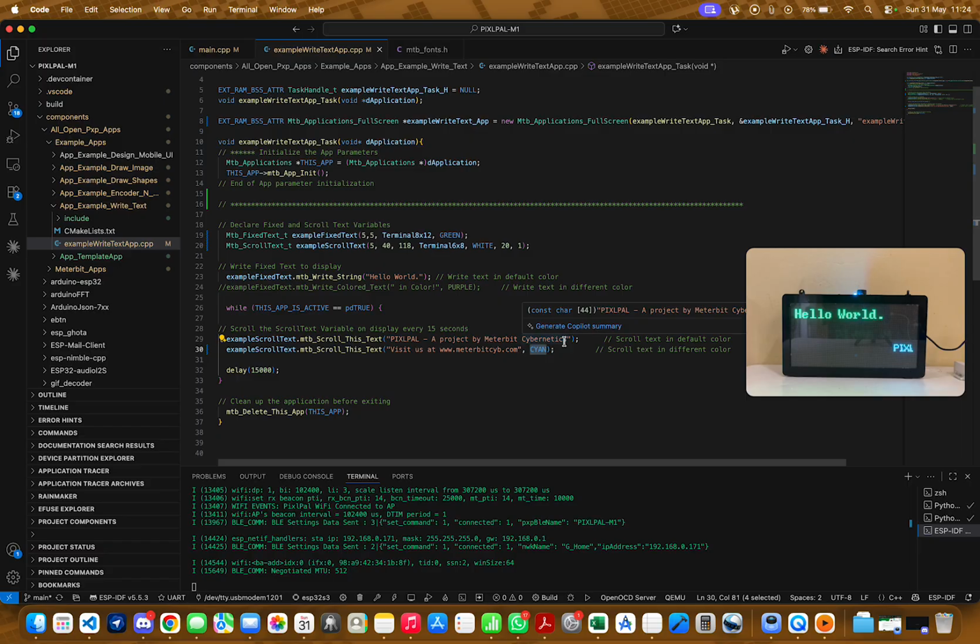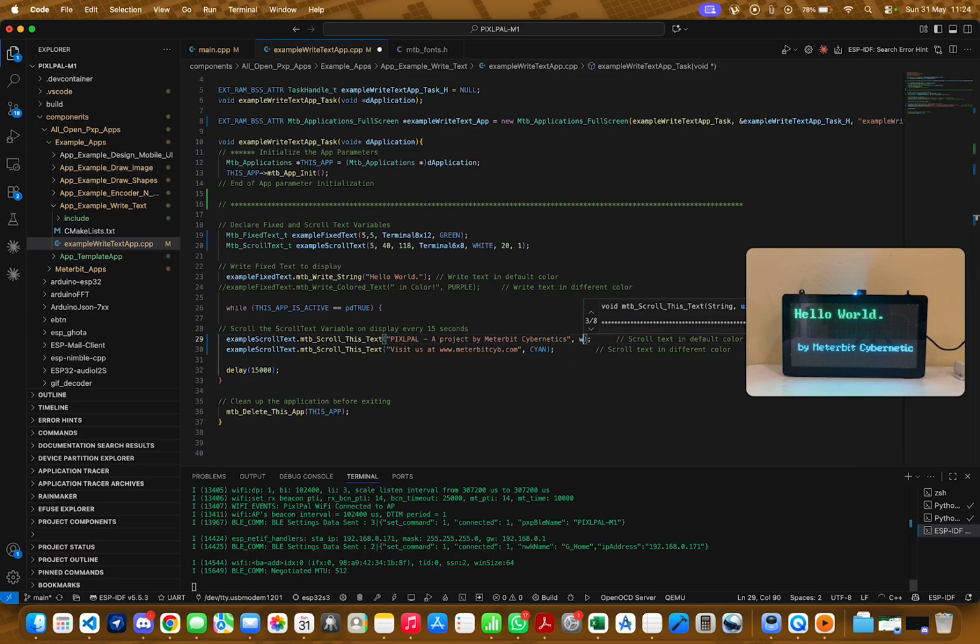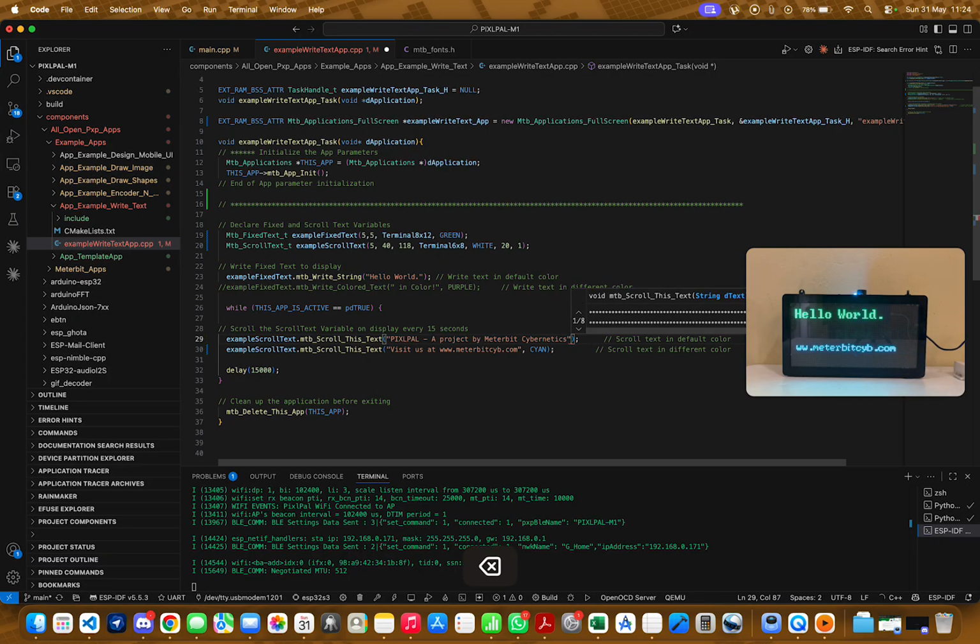If you wish, you can always maintain or specify a particular color for a particular type of text, or change the color for all other text the object will be used to print. That'll be it for this tutorial. Thanks for listening. See you in the next one. If there are any questions or comments, go ahead and make that in the comments section. You can experiment with the center text,